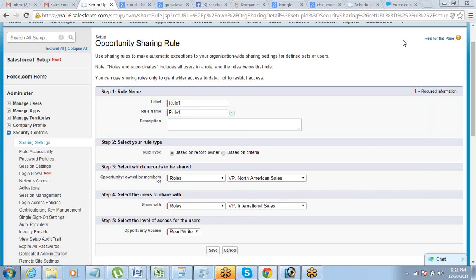Who will tell me what that means? Jeet, this is Ankit. Yeah, tell me. Jeet, I believe this is further to the grant access using hierarchies that was mentioned in OWD.